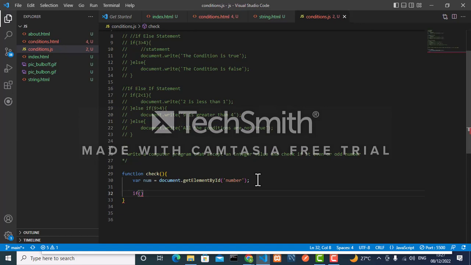So we are using the modulus. And to use modulus in JavaScript, what do we need to do? What's the symbol for modulus in JavaScript? That should be percentage. Yes, percentage. So this is the symbol for modulus. So our number, mod 2